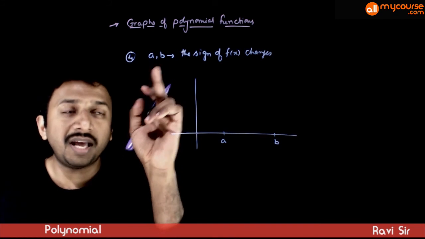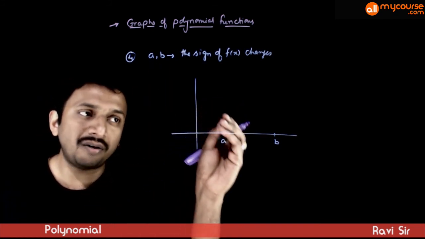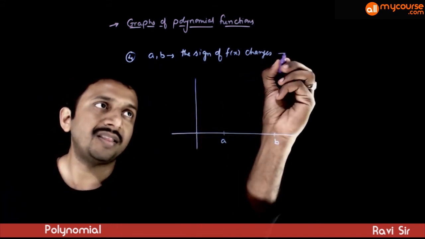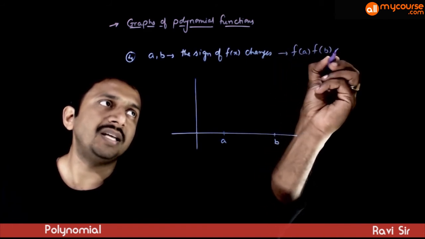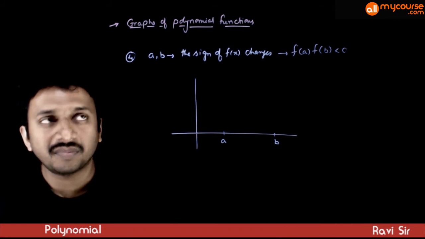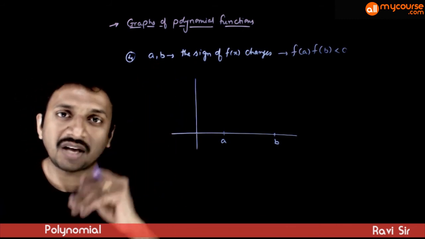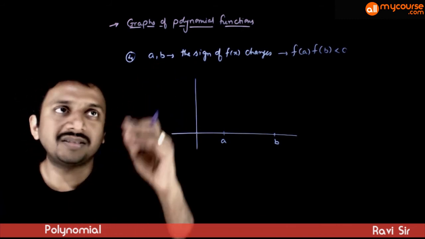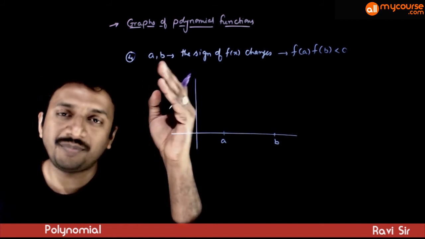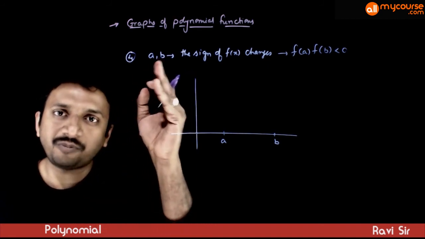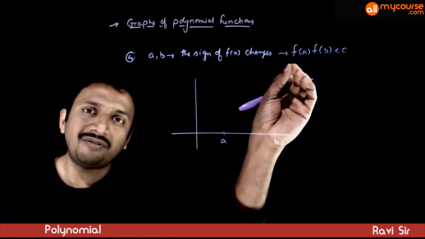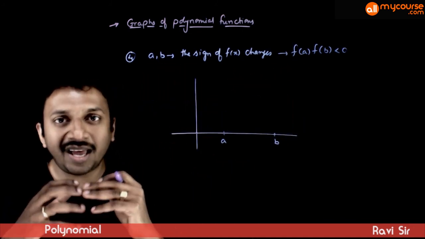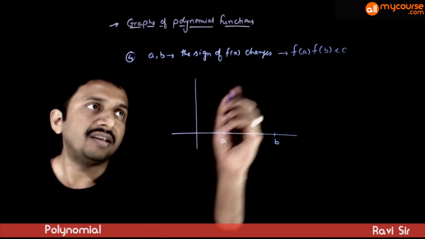So if between any 2 points the sign of f of x changes, that means if f of A times f of B is negative. That means if f of A is positive, f of B is negative, or negative, positive. So if at A and B the values of f of A and f of B change sign, then